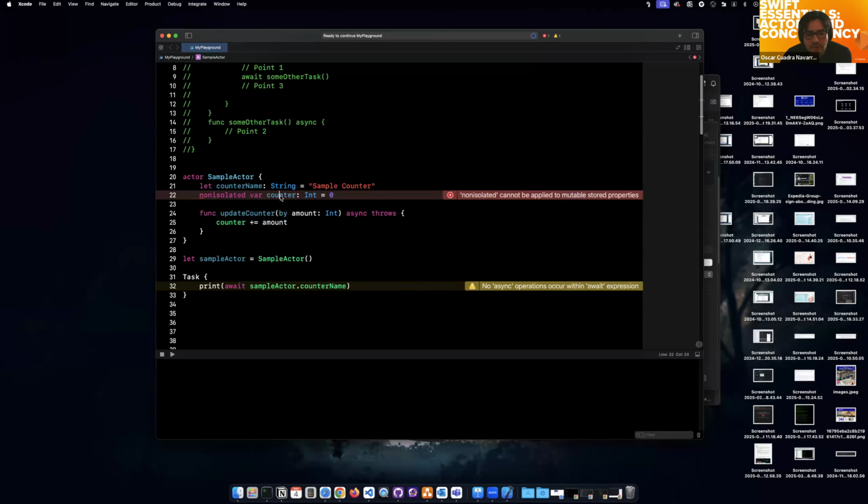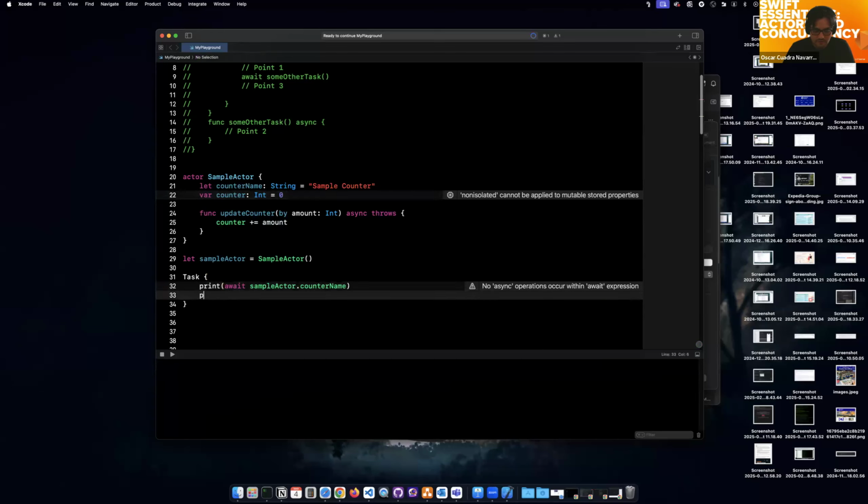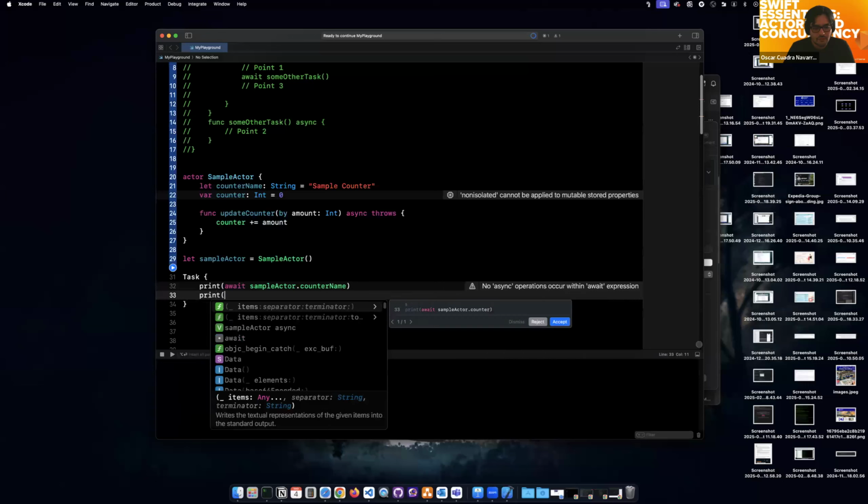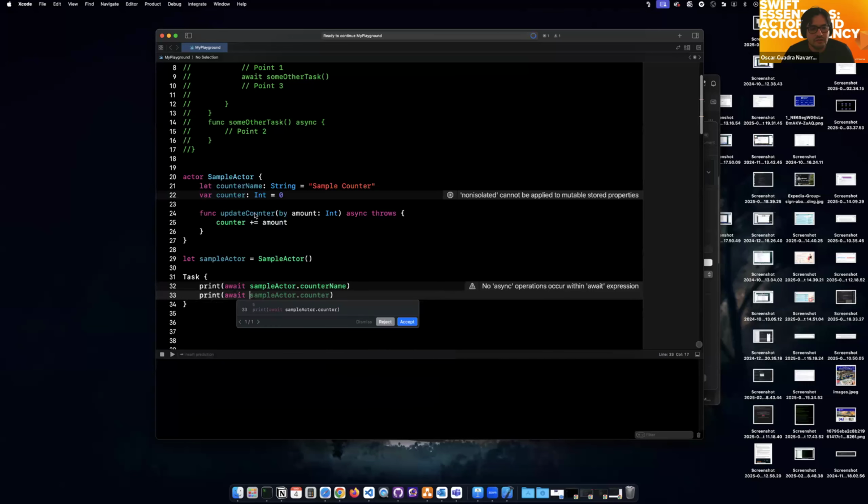Because actors are created for this purpose. If you want to create variables and you want to change their values, like here, for example, if I call this print and I want to change the value of counter,